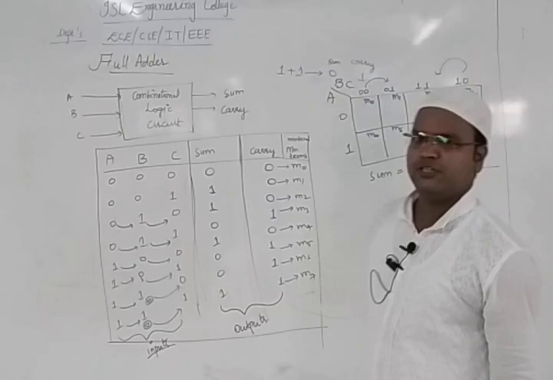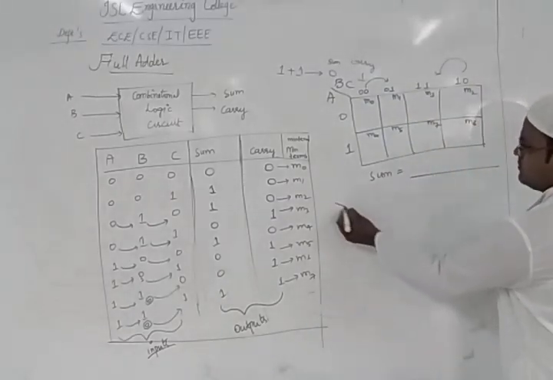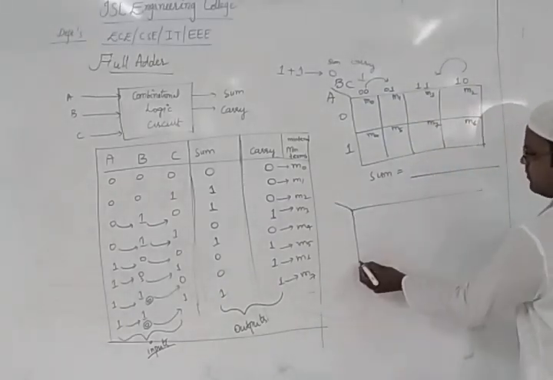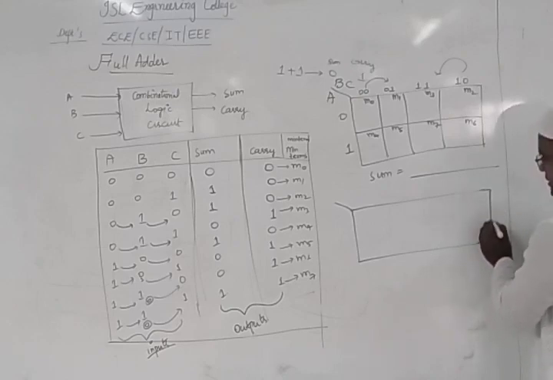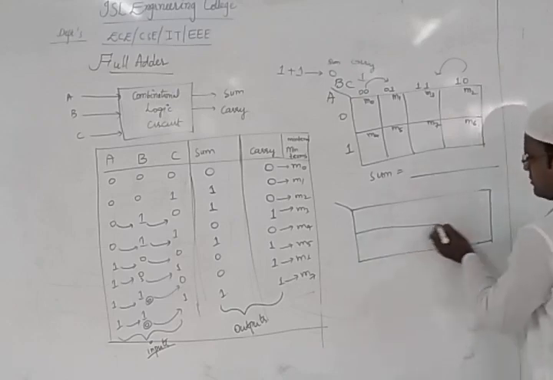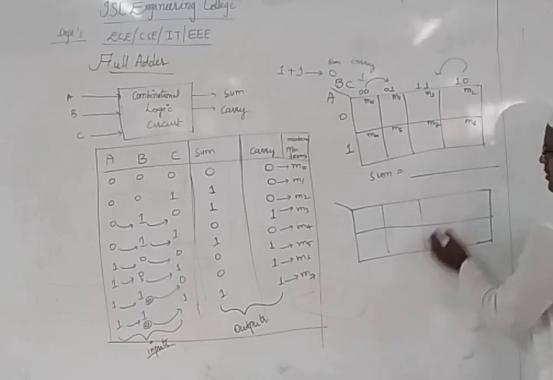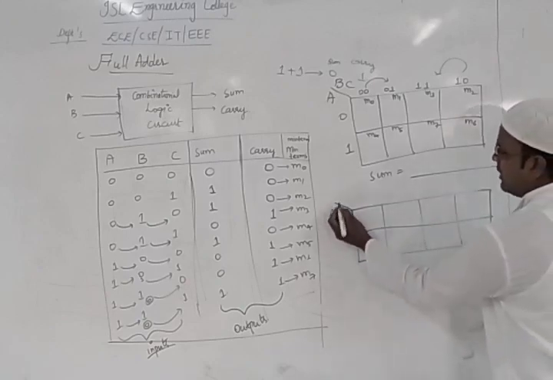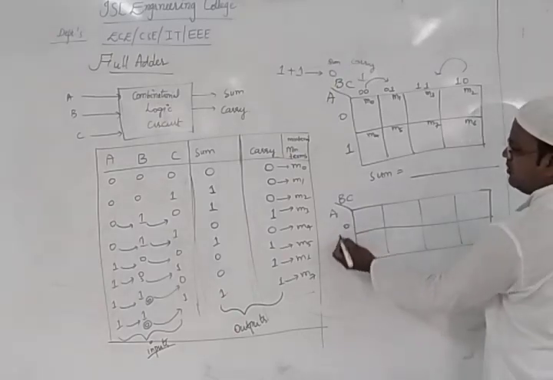So let us proceed with this. We'll make a particular box for it, that is nothing but the three variable K-map. So this is the way we made it. So by taking all these combinations, these are input A, then we have B and C. So what is the combination value for it? It can be 0 or it can be 1.